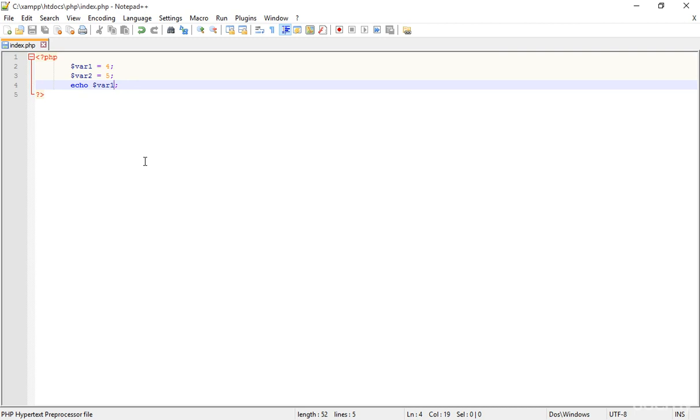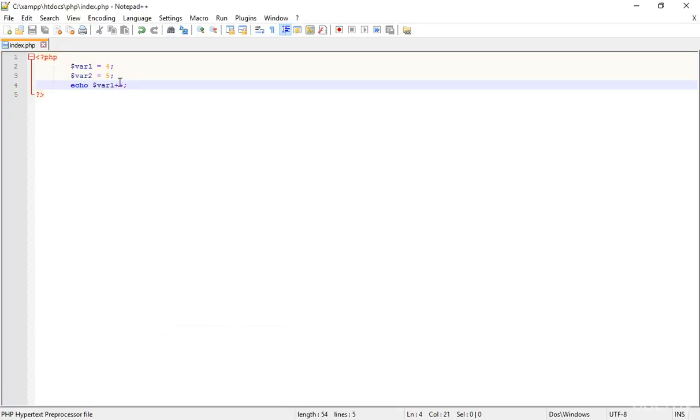I am using the increment sign, the two plus signs. Really simple. Now let's go to the browser to see the changes. Refresh it. Now I'm getting nothing. I'm not getting anything. So I'm going back to the notepad, and here